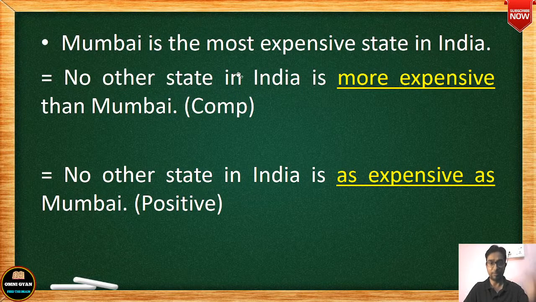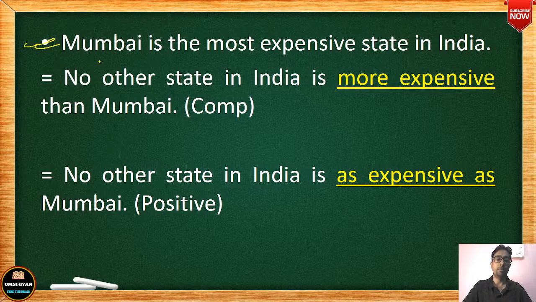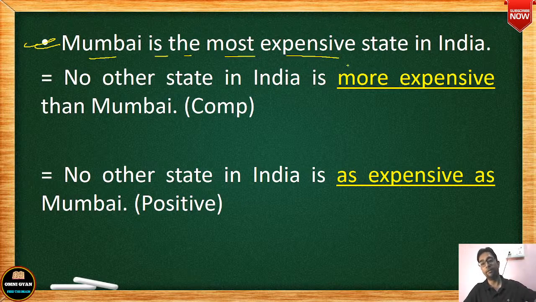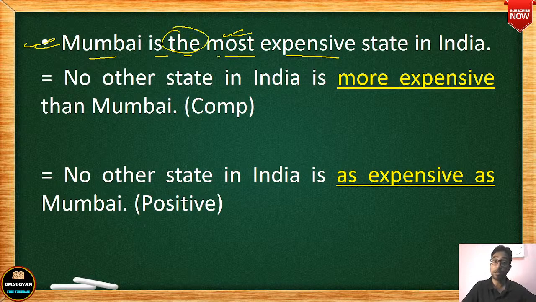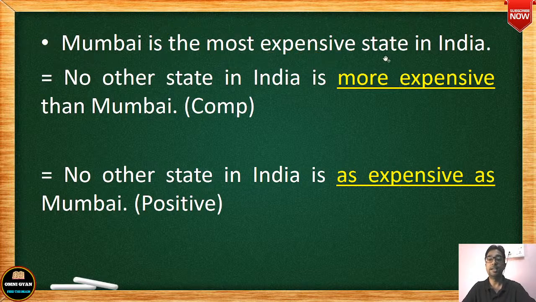ठीक है, फिर मैं आपको दिखाऊंगा वो पॉजिटिव में कैसे चेंज होता है, कंपैरेटिव में कैसे चेंज होता है। Say for example, this is the example that I am setting here. So Mumbai is the most expensive, it is a long spelling, that is why in superlative degree we use the word most, and here you can see the, मैंने कहा था the plus superlative degree, okay, most expensive। तो मुंबई इज द मोस्ट एक्सपेंसिव स्टेट इन इंडिया।